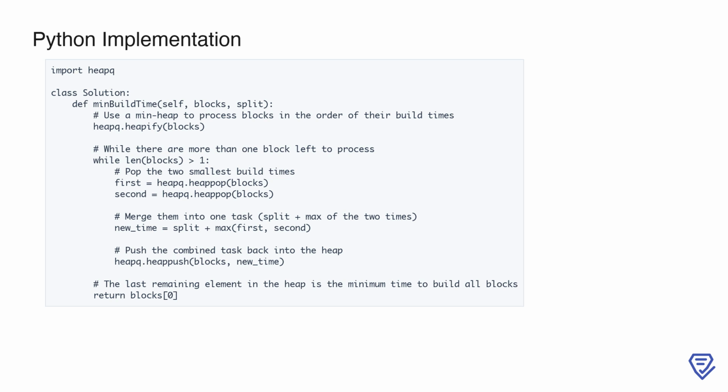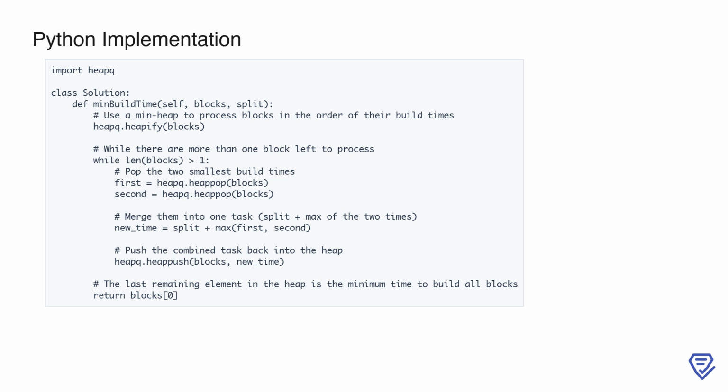The process continues until only one block remains in the heap. At this point, the value of the last remaining element represents the minimum time required to build all blocks. This algorithm efficiently handles the problem in O(n log n) time due to the heap operations, making it suitable for input sizes up to 10^4 blocks. This approach ensures correctness by always prioritizing the smallest build times, which minimizes the cumulative penalty of larger build times